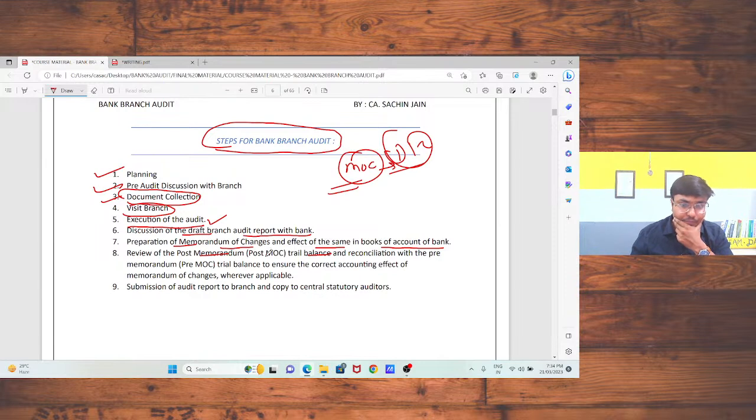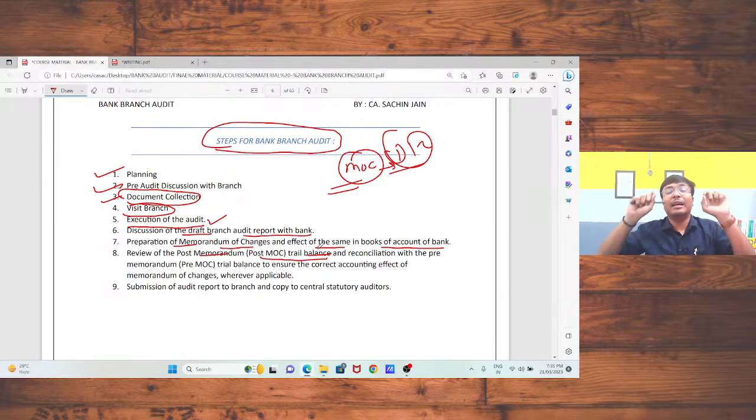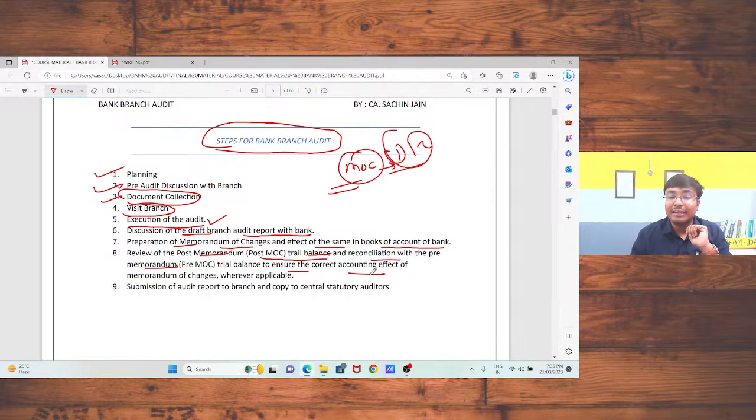Okay, so in that case, review the post memorandum. What will be the effect of that change in the trial balance? You should visualize the same. Because you have the pre-memorandum trial balance, you should make the necessary changes. The post-memorandum changes will be in your hand, so compare the same. Reconcile with the pre-memorandum trial balance to ensure the correct accounting effect of that memorandum of changes wherever applicable,